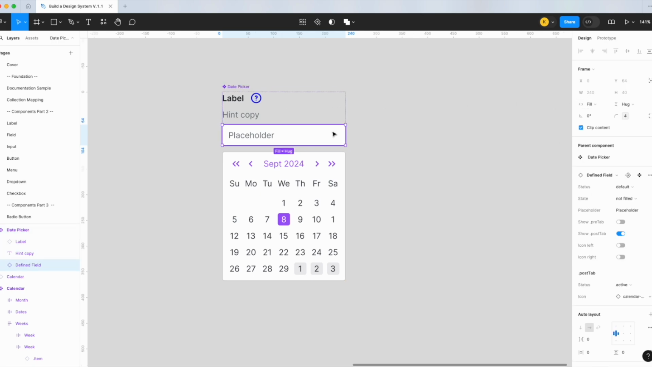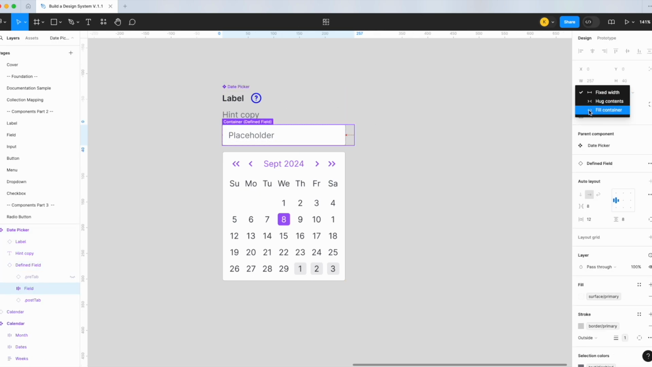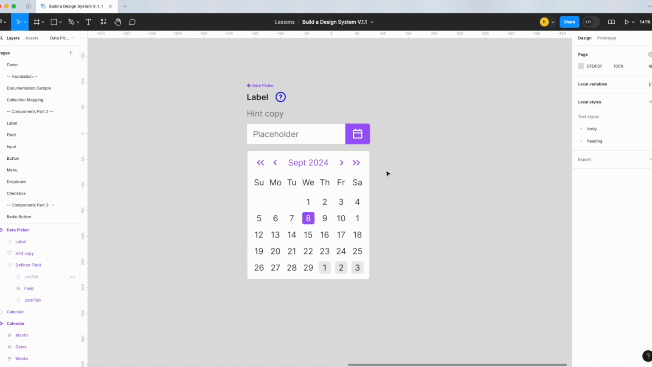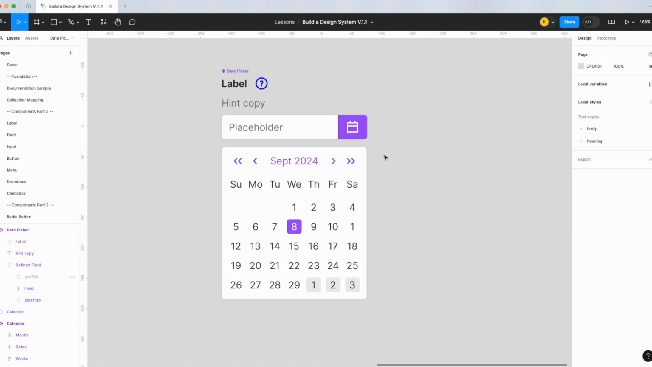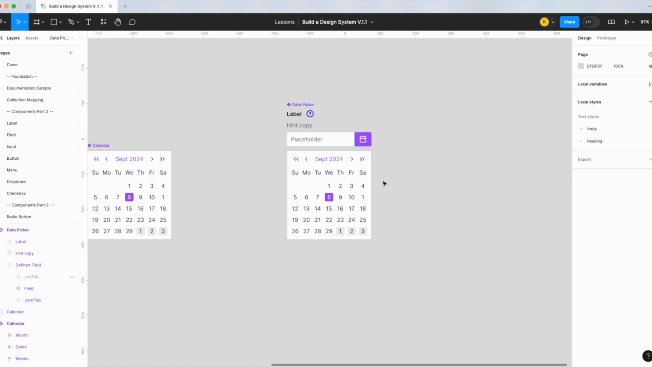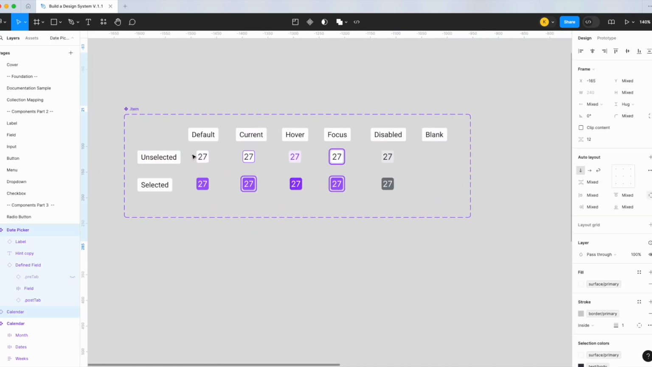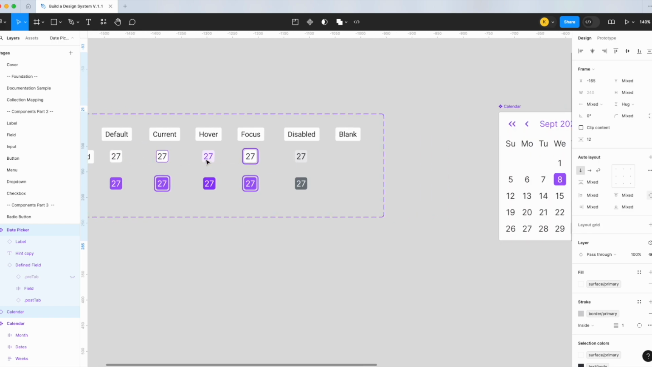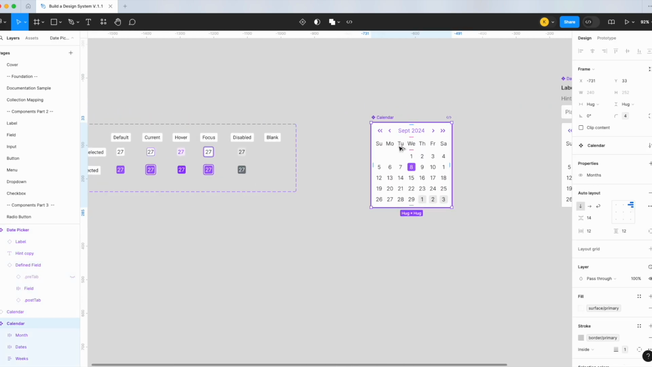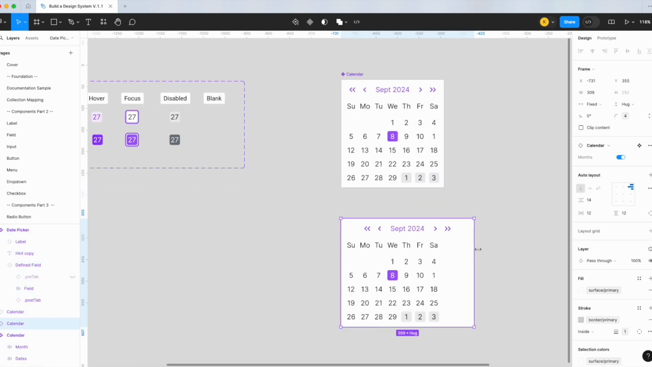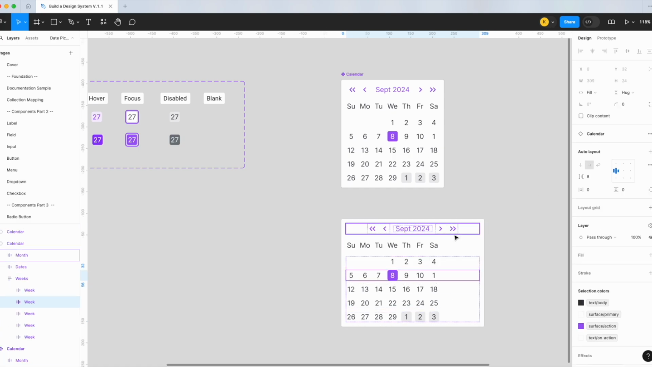So let's go ahead then and set this to fill. There we go. We might have to go back and update the main component for that. And the reason being is we want to have our date picker items always the same width. Because if I expand this out a little bit, what's going to happen if all your designers have different widths